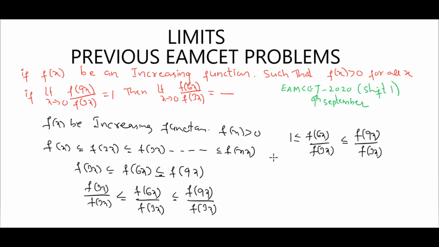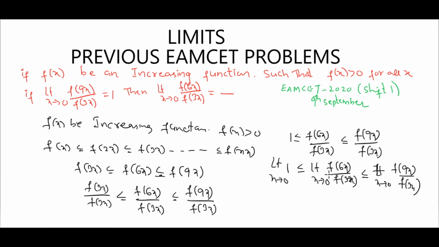Applying limits, limit x tends to 0 of 1 is less than or equal to limit x tends to 0 of f(6x) by f(3x),